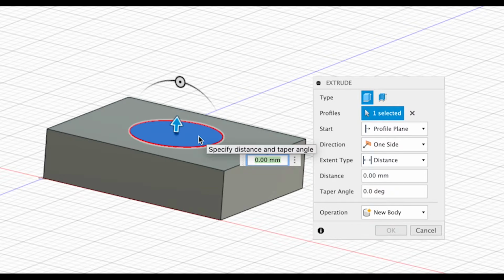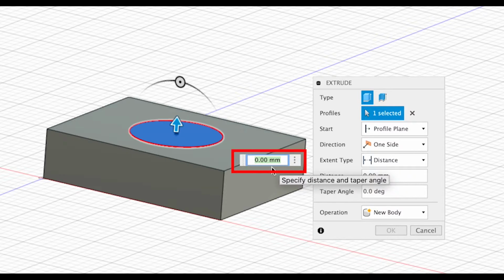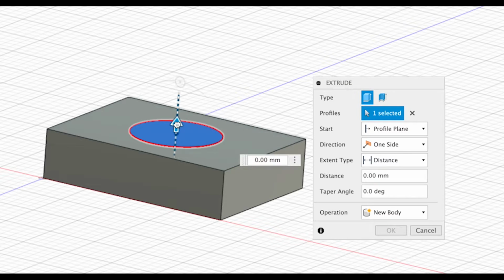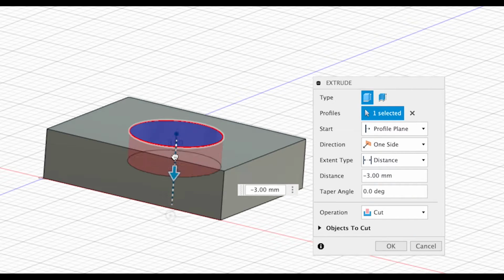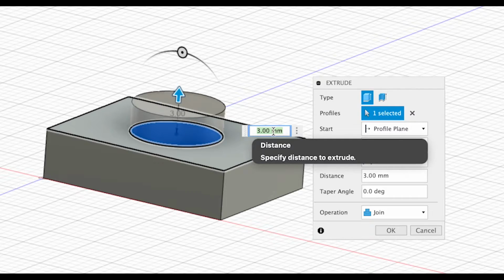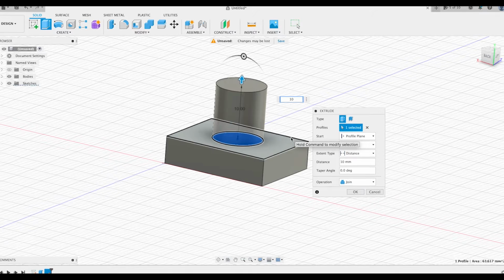Click on that, and then the option again to set the exact dimension appears in the green. You can just click and drag with the arrow if you wish to, and you can go back down underneath if you wish to. Notice how it goes to minus. I tend to use the number tool here. I find it easier. So let's say if I wanted to make that 10 millimeters, I just type in 10,